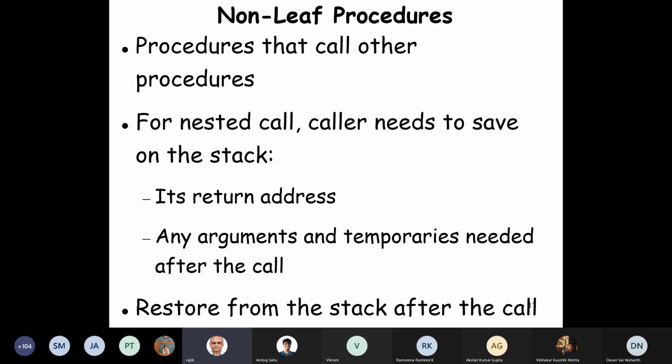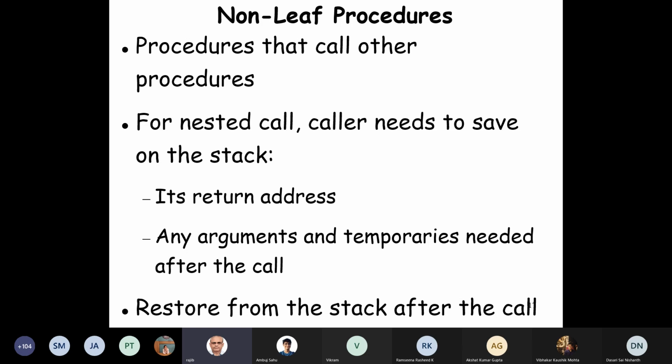So far we have been looking at leaf procedures. Those who don't themselves call other procedures. But what if these are non-leaf procedures? They call other procedures, or maybe they're recursive procedures. They call themselves. How do we do that?